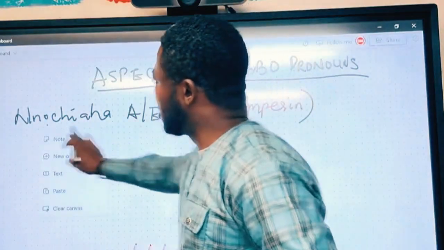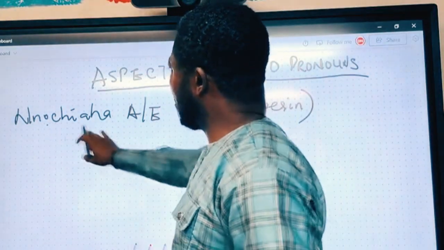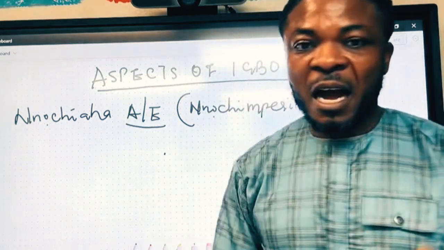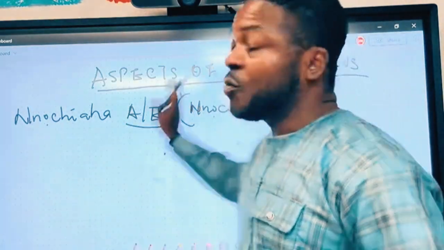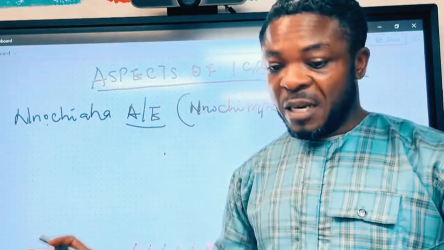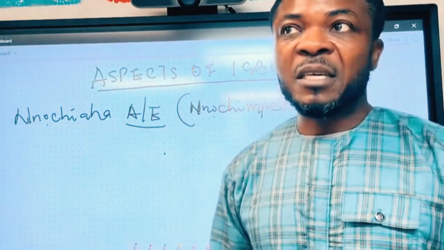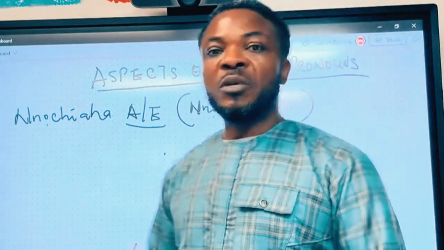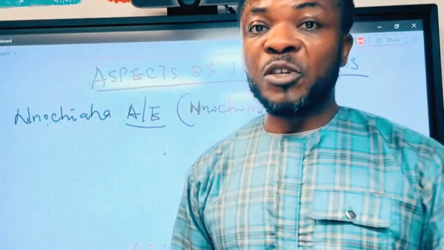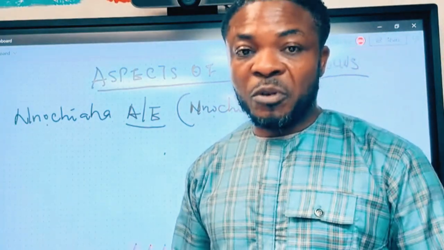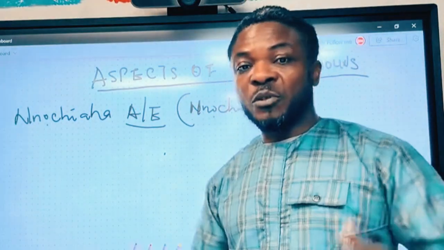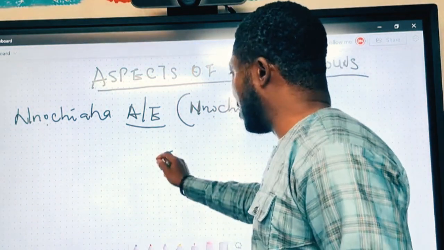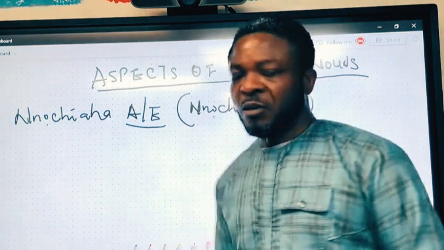Now, this pronoun that we know, which appears this way, is either the A or the A, and we have explained adequately that this pronoun appears as a person unknown. We use it to show a person that we do not know. That is what the pronoun is all about, and that is what we've been able to discuss for the past how many days that we've been here looking at these pronouns. Okay, now